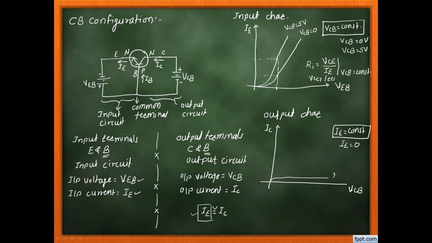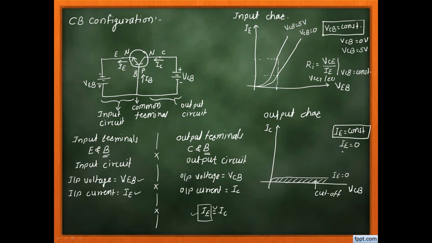And here I say that this is the graph for IE is equal to 0. But if you see that in this case, I say that IE is 0, means no current will flow through the emitter to base. It means that this also acts like a reverse bias, and collector to base junction is also connected in a reverse bias. It means that when both the regions are connected in a reverse bias, this region we call nothing but the cut-off region. When both the junctions are connected in a reverse bias, the transistor is operated in the cut-off region here. Because IE is equal to 0 ampere, we say that.